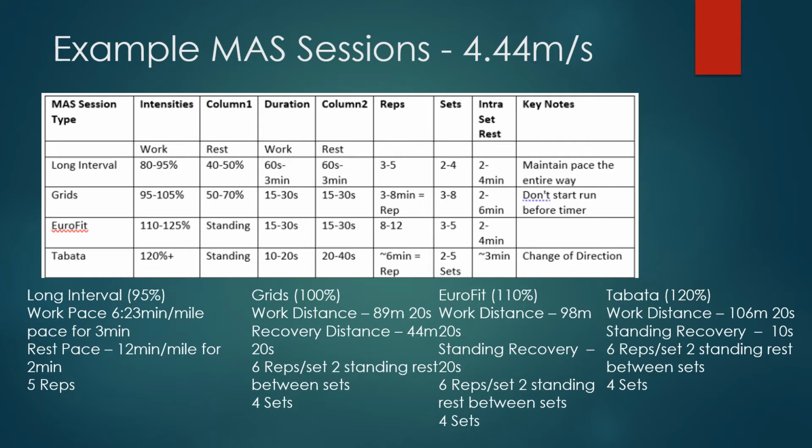and that will give you the velocity that you're working at, or the pace you're working at, and then you multiply that by your duration, which in this case is 20 seconds. That gives us a work distance of 98 meters. So you're trying to run 98 meters in 20 seconds, then you will stand and recover for 20 seconds, and